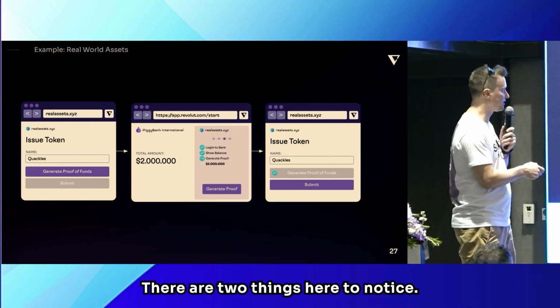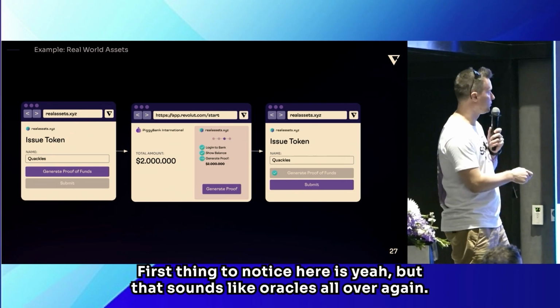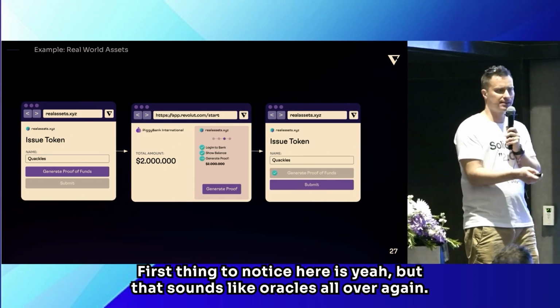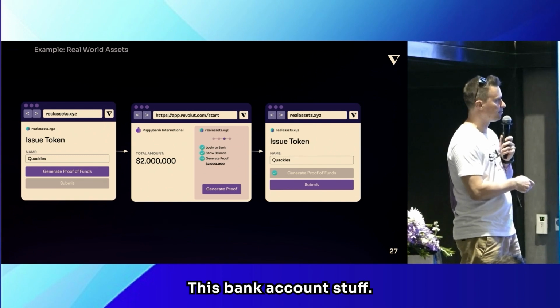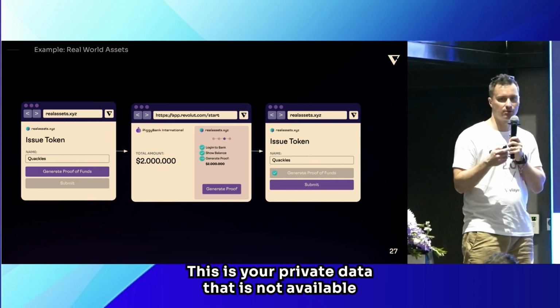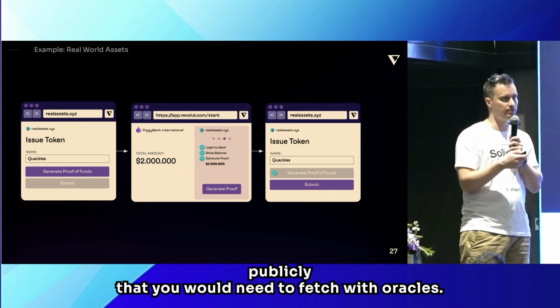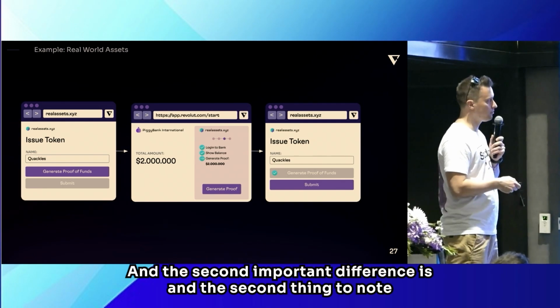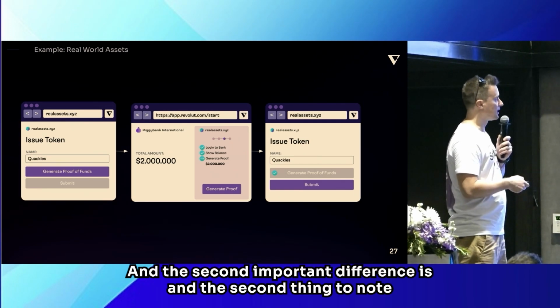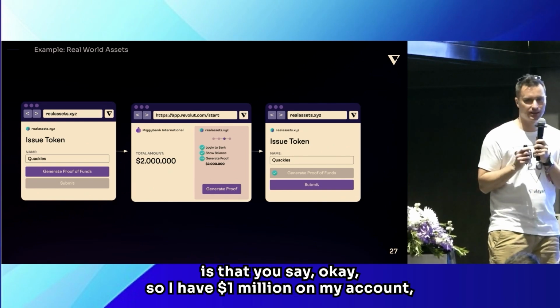Well, there are two things here to notice. First thing to notice here is, yeah, but that sounds like oracles all over again. Well, there is an important difference. This bank account stuff, this is your private data that is not available publicly, that you would need to fetch with oracles. And the second thing to note is that you say, okay, so